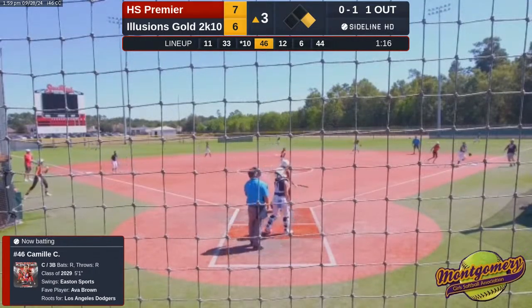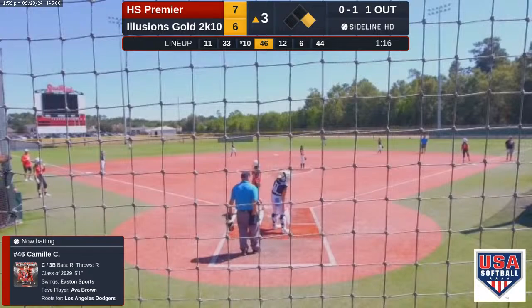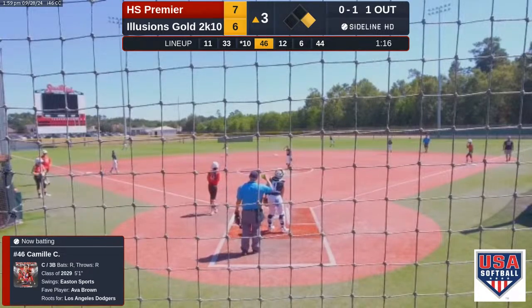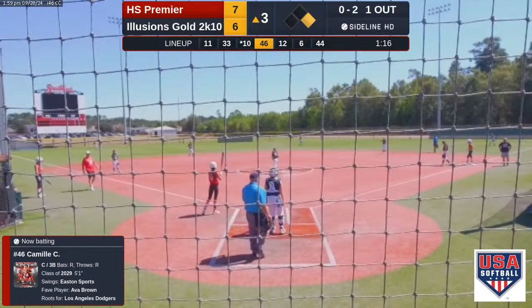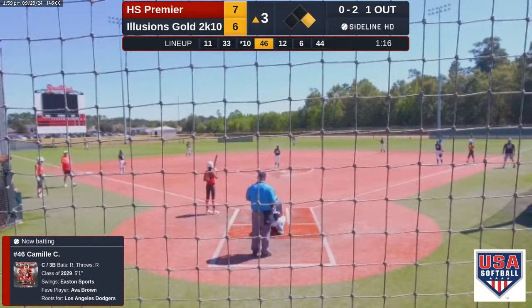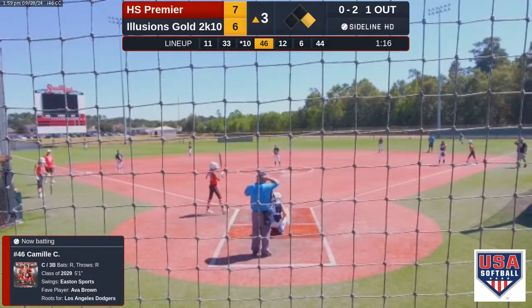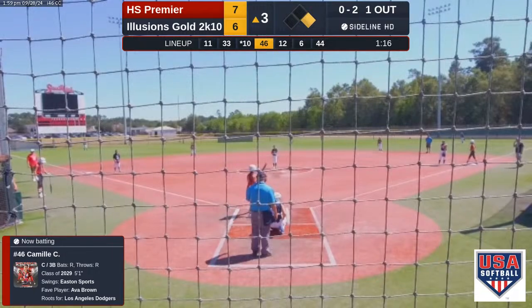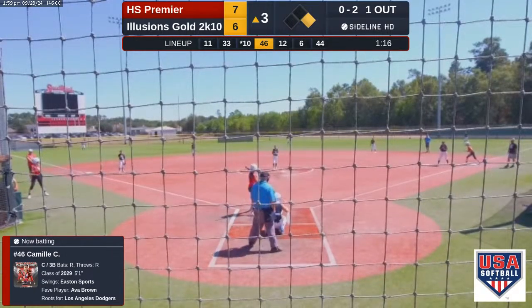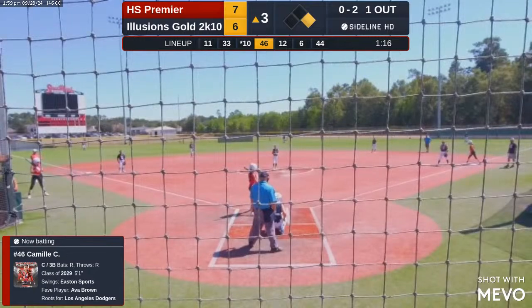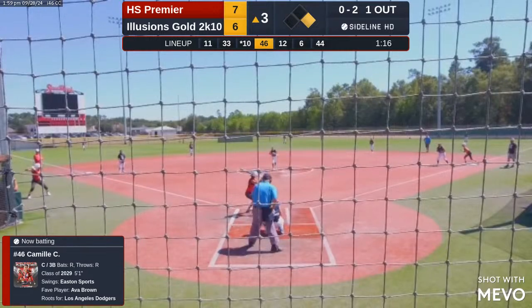And that pitch is swung and fouled to the right side and out of play. 1 ball, 2 strikes. No balls, 2 strikes, 1 out.